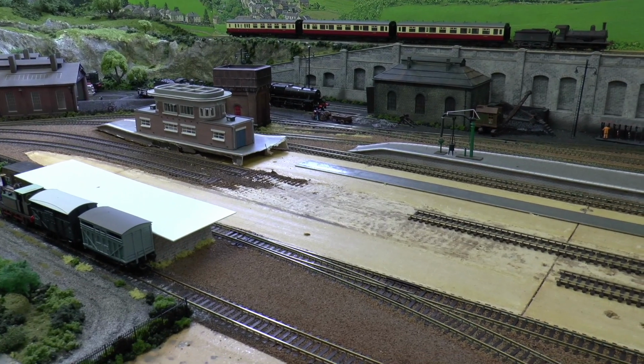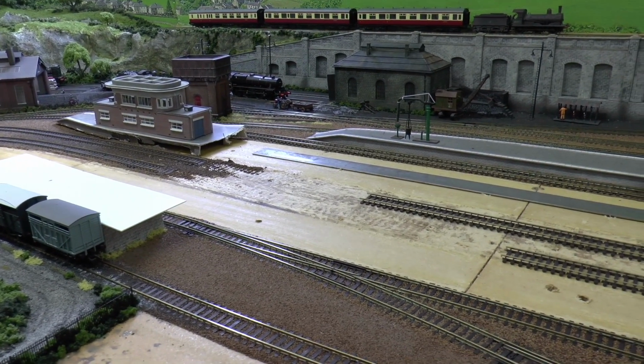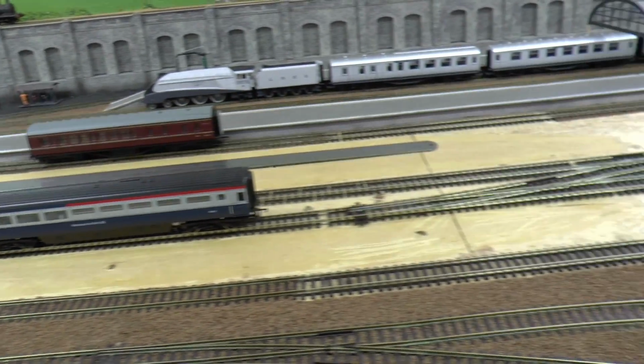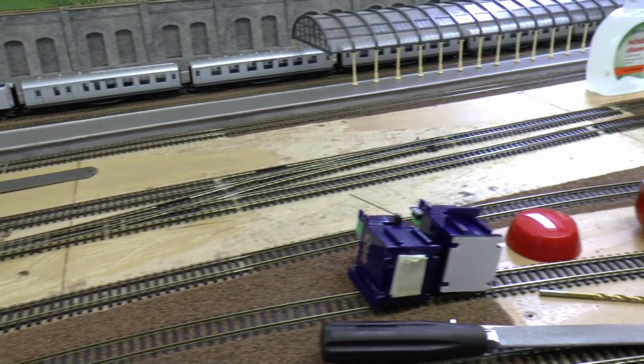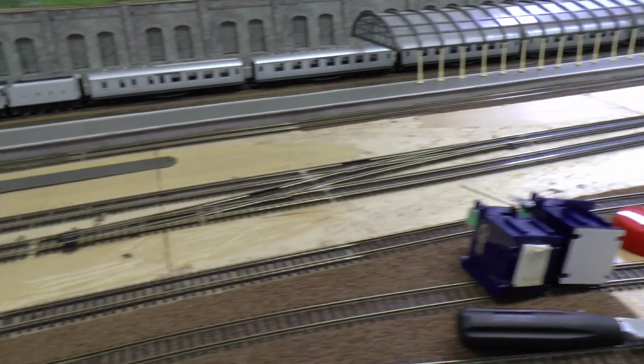Hello everyone, it's Granny from Lakeside, and just a very quick update on the area which, as you know, I'm revamping, which is the through lines and the platforms. So you can see roughly what I've done so far,